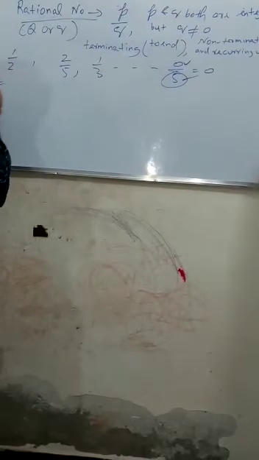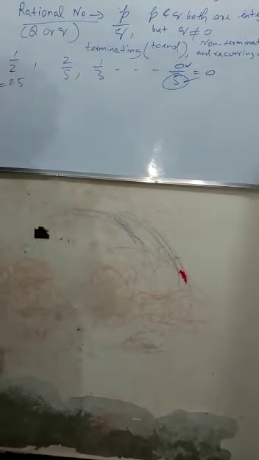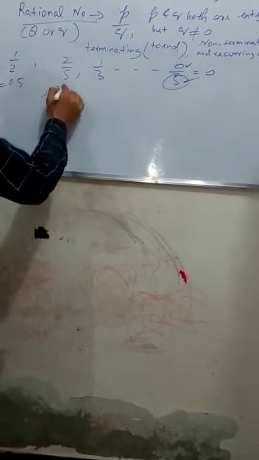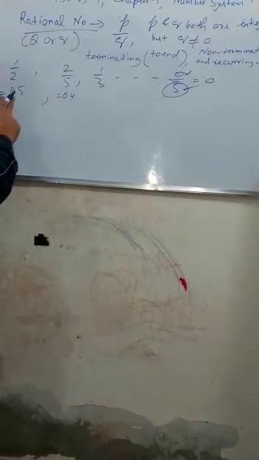Right? What about this 1 upon 2? If you simplify 1 upon 2, then you will find 2 5 are 10, 0.5. What about 2 upon 5? You will say 5 4 are 20, 0.4. In these two examples, what do you observe here? You observe that after the decimal they stop. That means they are terminating.